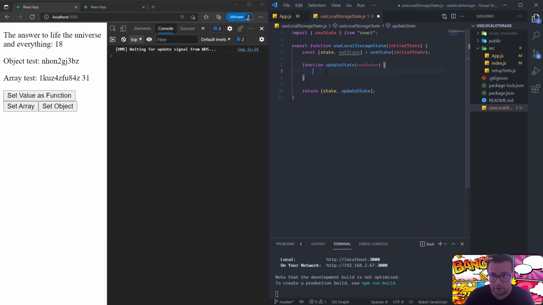Let's create the logic necessary to store everything inside local storage. You might want your hook to be able to be used in a server context. Maybe you're using Next.js, maybe you're not using React. So you might want to check if you have window.localStorage available to you before you use this. That's what we are going to do right here. If we have window